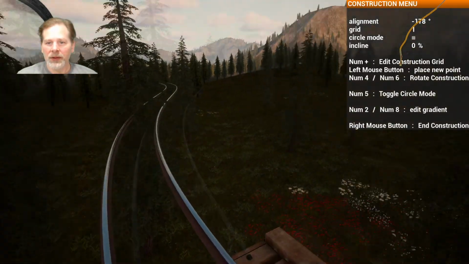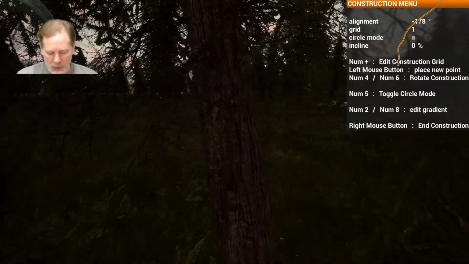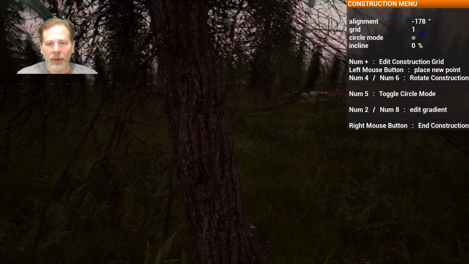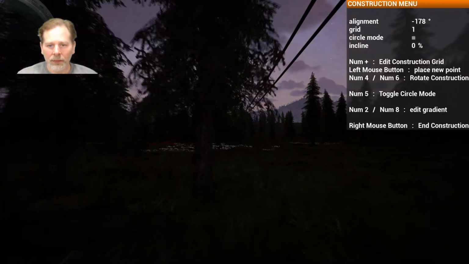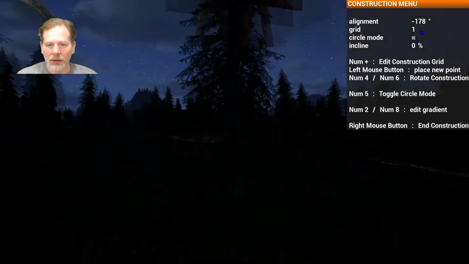So then we're going to come around this way, and we're going to go over to, where was it on our map? Yeah, pretty much straight ahead. Let's see. Yep. Okay. We're going to go pretty much straight ahead this way. Now let's turn on our lantern. Still can't see,